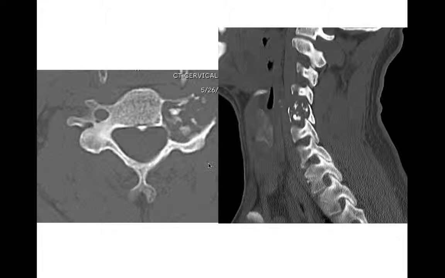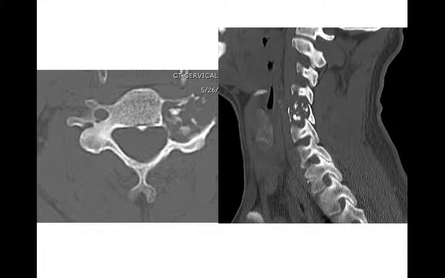Okay, moving on. Other common things to think of in the spine are osteoblastomas. We talked about osteoblastomas in a prior lecture. These are fairly rare tumors, but if you're going to see them, you're more likely to see them in the spine. And here we have this expansile lytic lesion with this internal matrix, kind of involving the pedicle of the